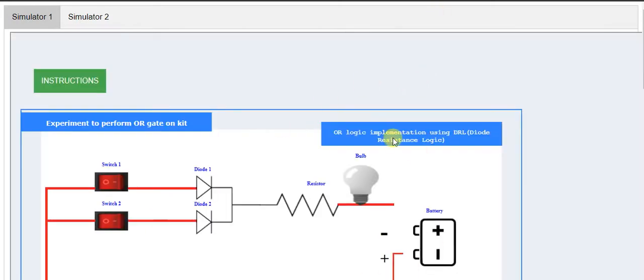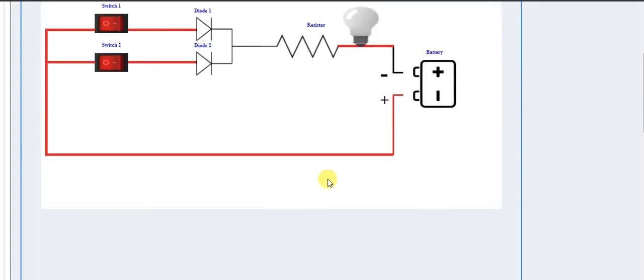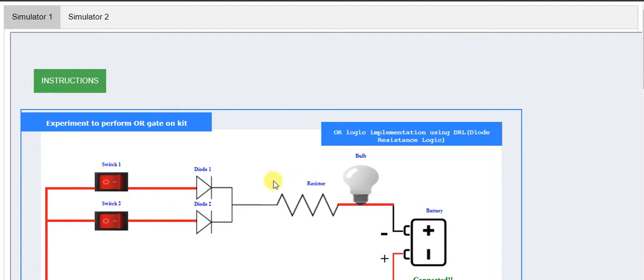Similarly the OR gate. The moment you click on OR gate, a different combination of this circuit will appear. In the previous case we were using diodes and transistors. In this case we are using diodes, right? Same experiment procedure. Connect the battery. There are two diodes here. Here there is no current limiting resistor because there is already a current limiting resistor before the LED, but if you are planning to put two current limiting resistors here also, that is also correct.